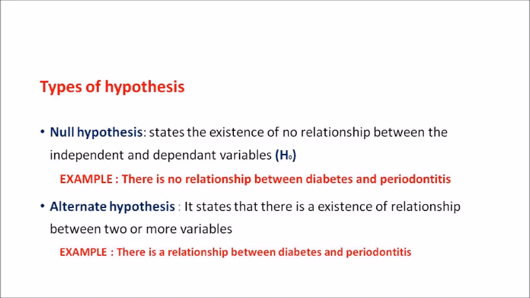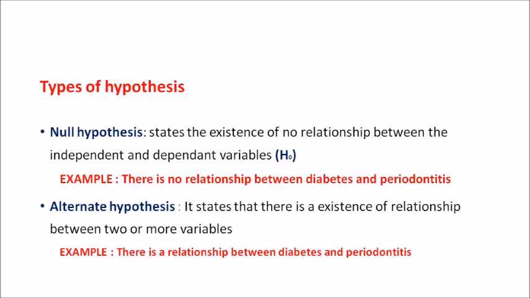Okay. So a null hypothesis states that there is no relationship between the independent and the dependent variable. Whenever we are doing a study, for example, we want to investigate the association between the height of students and their nutrition status. Simple study, very simple study. So we have to state the null hypothesis like this: there is no association between the dependent and independent variable. So there is no relationship between the height and the nutritional status of the children.